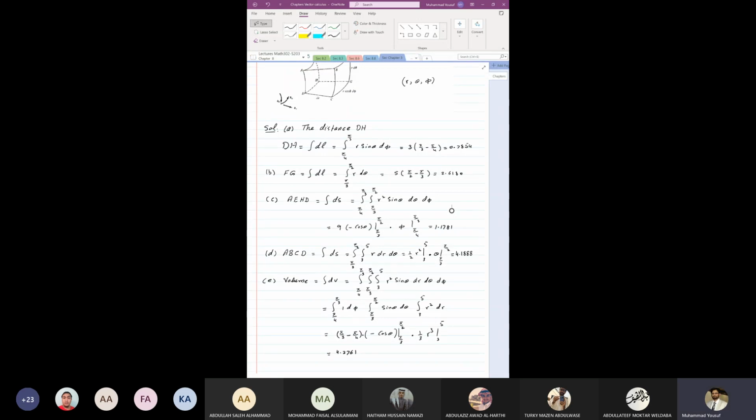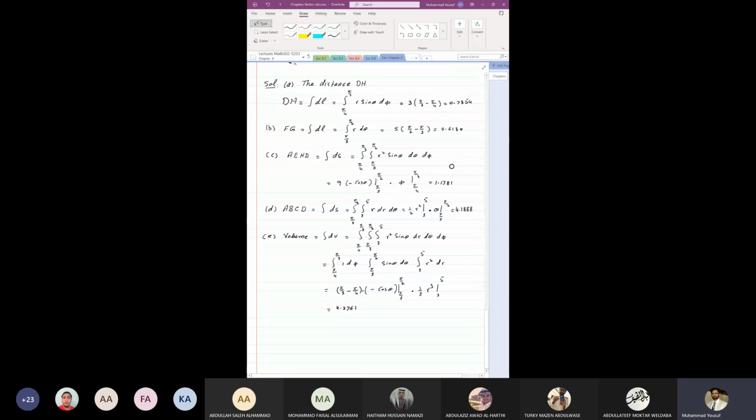And theta starts from the upper line, where it is 60, and goes to line DC. On line AB, theta is 60. On line DC, theta is 90. Calculate and you get the answer. And the rest is volume. For volume, we have only one volume element, r squared sine theta dr d theta d phi, and we have all these limits.